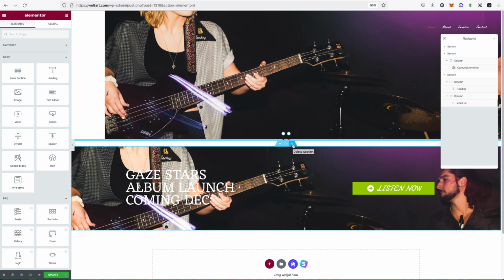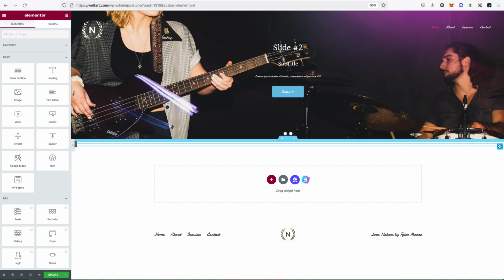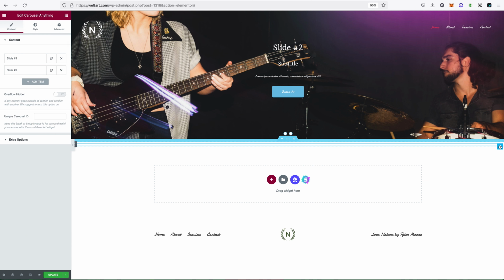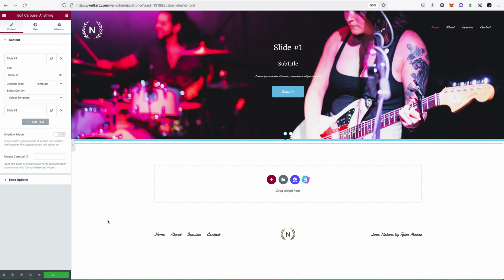All right, they're saved as templates now, so we can always call them back if we need them. It doesn't matter if we delete that section. We come back into here, just get rid of that navigator so we can see this. If you can't see that pencil icon, click on that to get into these slides, and we'll select a template. What we need to do is just press update and refresh the page because it's not seeing those templates that we just added. So just refresh that page